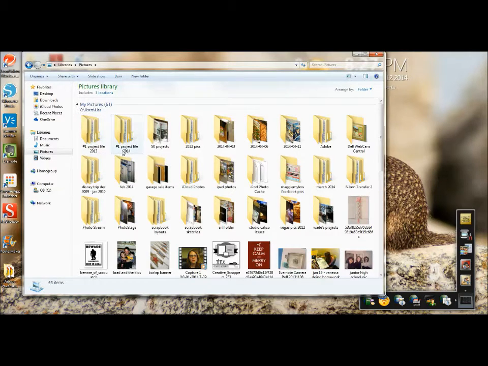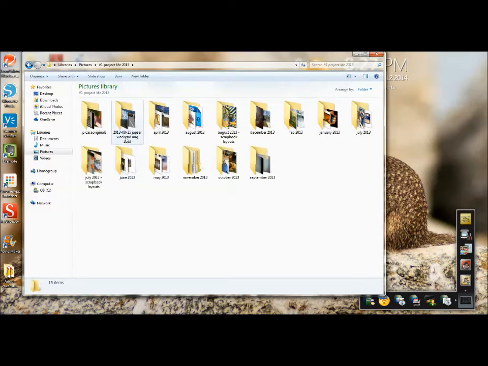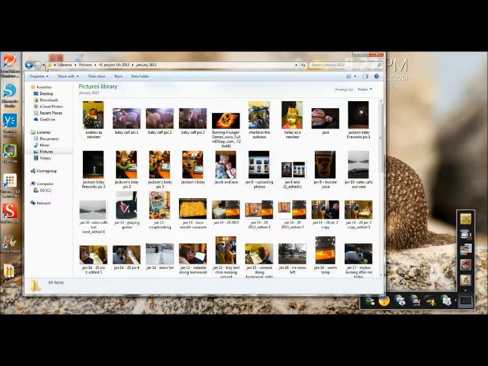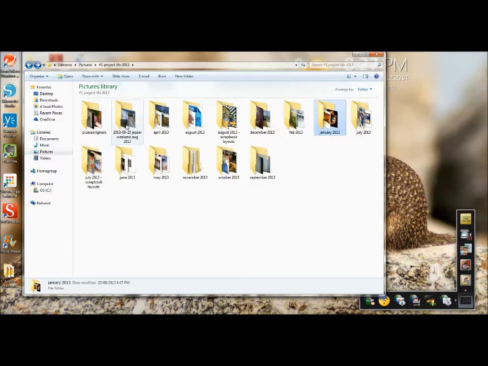the hashtag #1. The reason why I put that hashtag #1 is so that they are always up at the top, in the very first couple of folders. I've got one here, Project Life 2013 and 2014. If you look in here, I have each of these divided up into months. If you look in January 2013, all my pictures for January 2013 are in that folder,